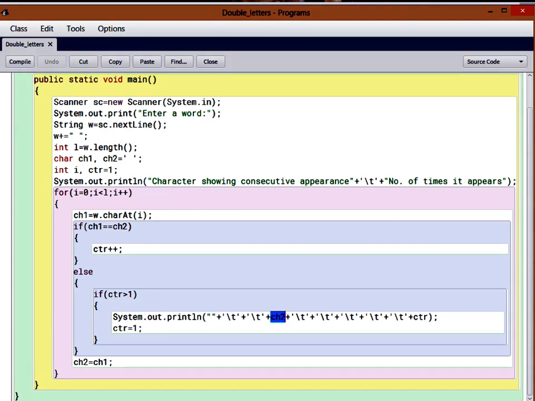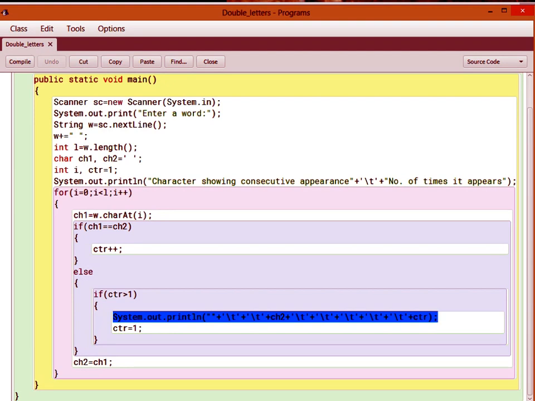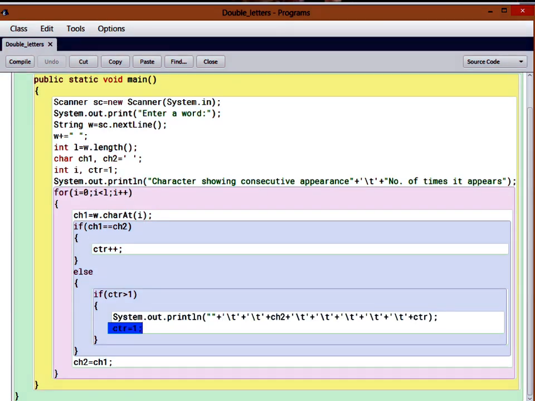Then we will display the character, and then a few tabs again, and then the value of the counter, meaning the repetition count. And once it is printed, we will bring the counter back to 1, reinitialize it to 1, so that it will start checking for the next one.